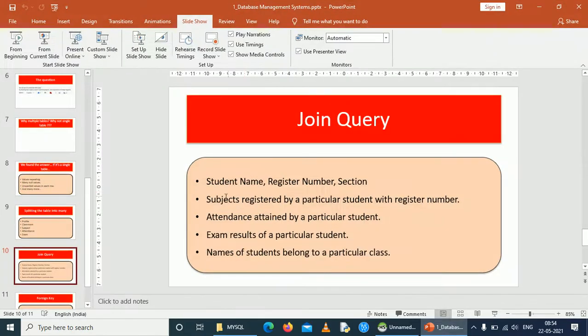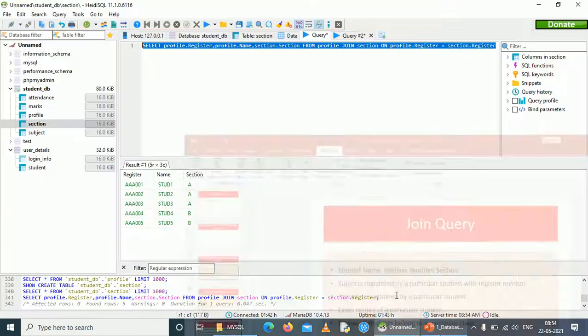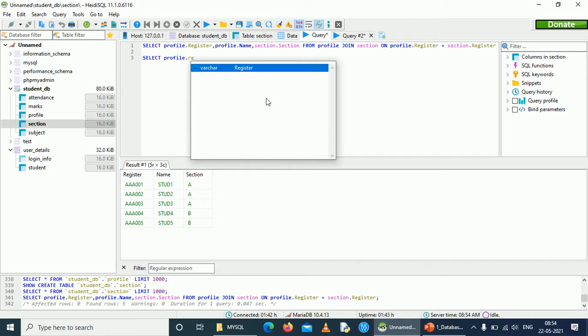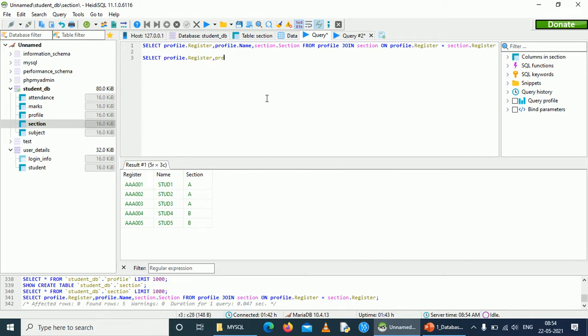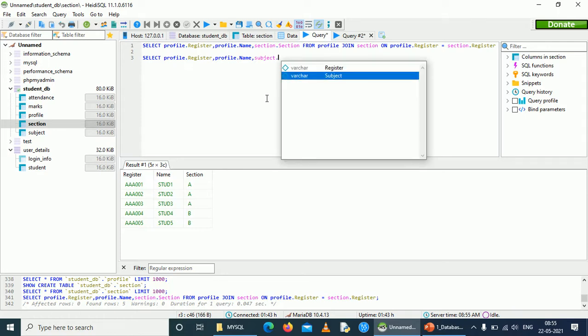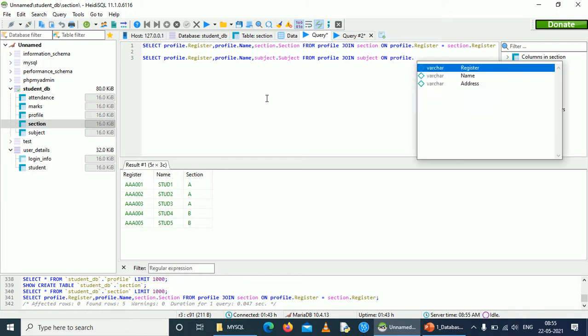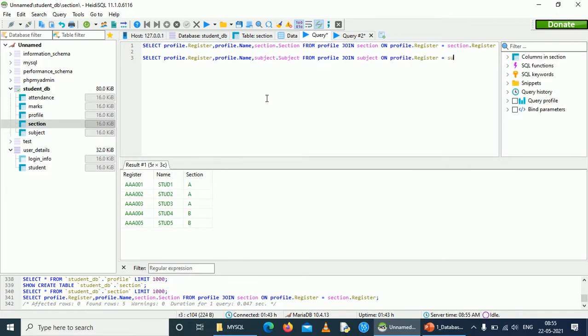Then the second join query: subjects registered by a particular student with the register number. Select profile.register, profile.name, subject.subject name from profile join subject on profile.register equal to subject.register.